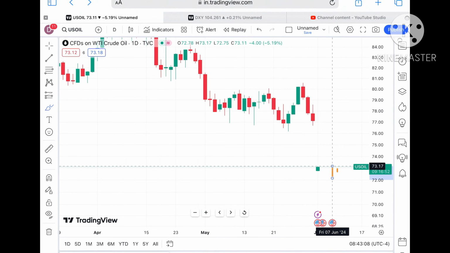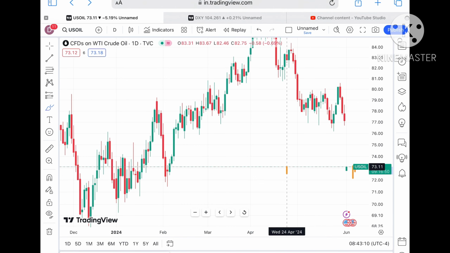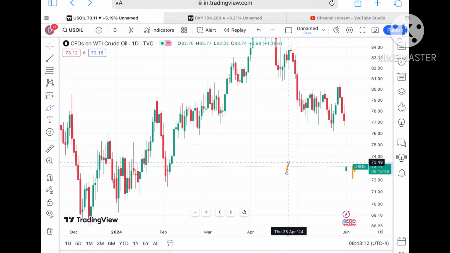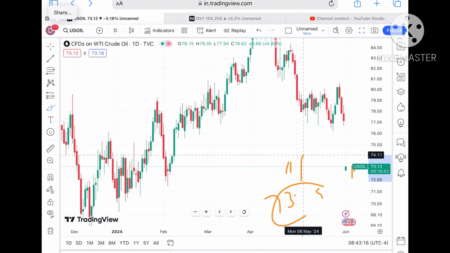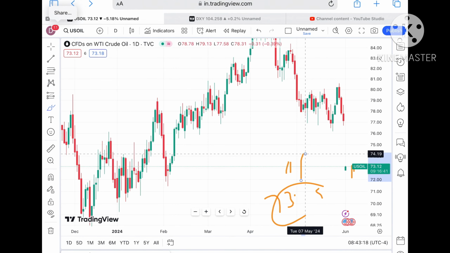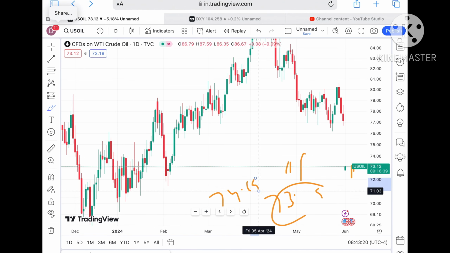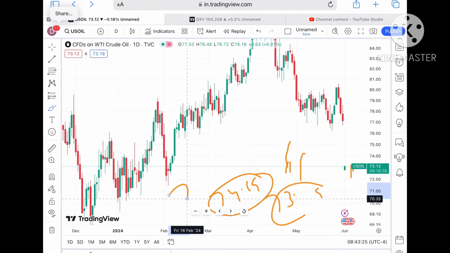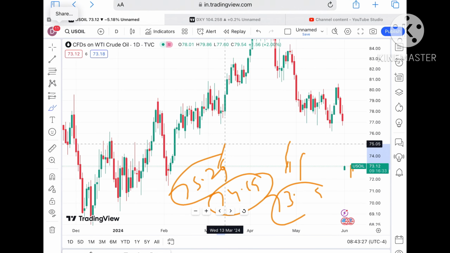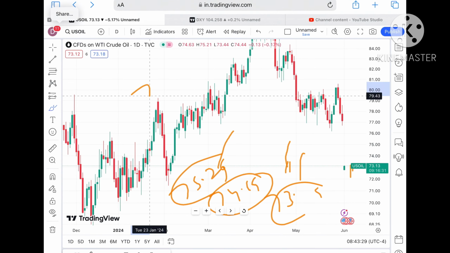Now suppose the price sustains this level, the probability of going further upside is there, and it can touch a level of around 73.49, which is already a weak resistance. If the price keeps moving on this level, it will touch a level of 74.19, which is already weak. After that, it can touch a level of 75.26, and if that sustains, we can see a further upside movement